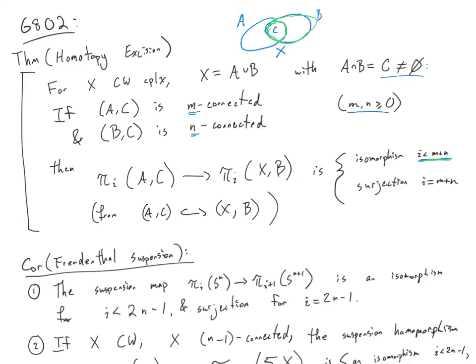So in low degrees, you can guarantee this provided you have some bounds on connectivity, which are given here. And also in the next degree up, it turns out to be a surjection. This is just the sort of thing you would expect in long-exact sequences. So I should note this map on homotopy groups is induced by the inclusion from the pair A, C to X, B, as you'd expect. So we're going to prove homotopy excision, but I want to talk first and prove